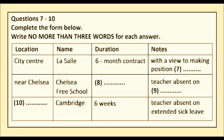I see. I have one other vacancy at the minute, though I doubt you'll find it quite so appealing. It's situated in rural Cambridgeshire. I'll spell that just in case you want to take it down. Cambridgeshire. And the school simply goes by the name Cambridge, though it's not in any way related to the other more well-known establishment of the same name. I was just going to ask that. What a lovely location, though, eh? Yes, but there's a catch. It's only a 6-week contract to cover for someone on extended sick leave. I see. Well, I guess that's ruled out then. What sort of salary can I...